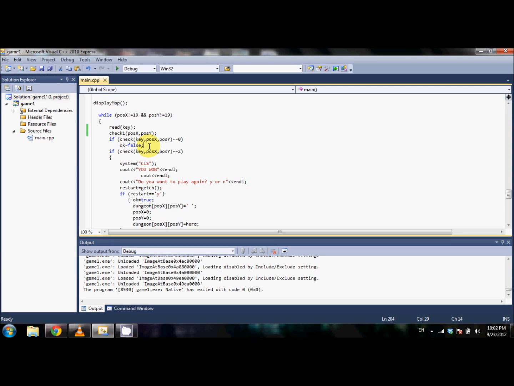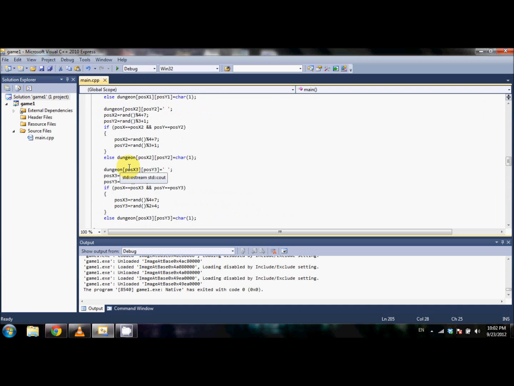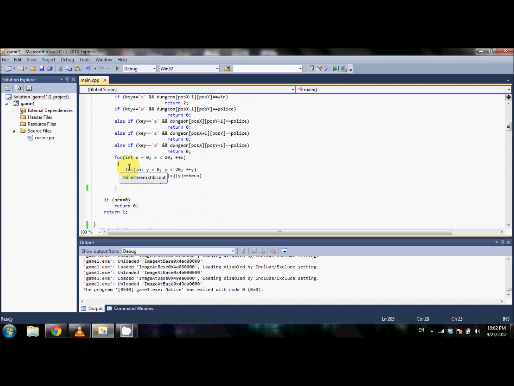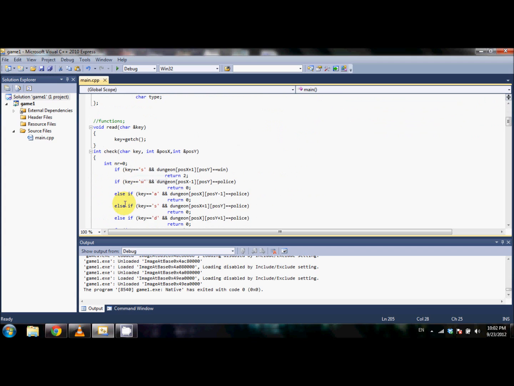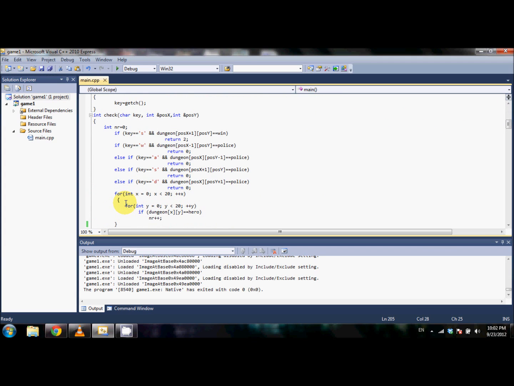If you are hitting obstacles, the boolean OK will be false, and we will ask later if it is false, you will lose the game. That's it. And here we have the big if. This check function, I'll show it to you. As I told you, it is checking if you are